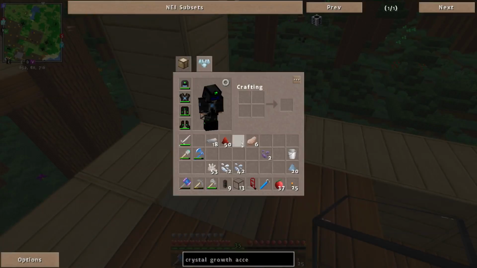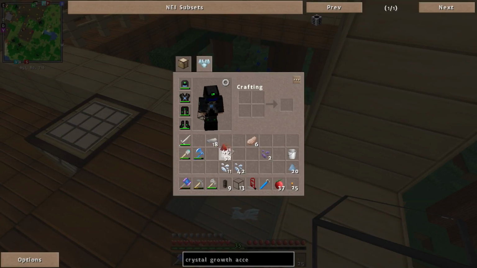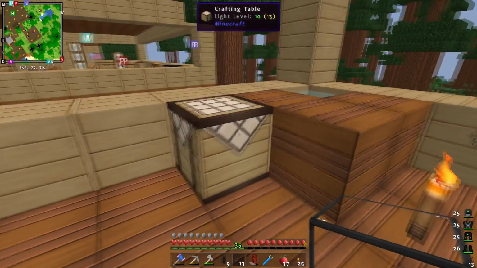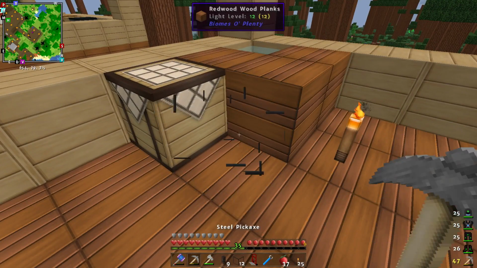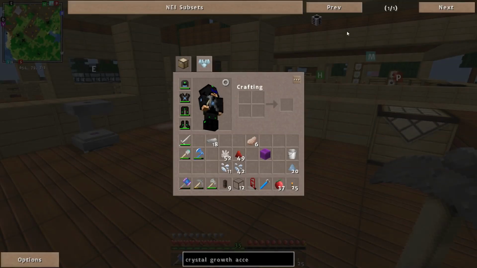So let's make some more. So let's make a charged Certus quartz, redstone, and nether quartz like so. That should make... Oops, daisy. Apparently I missed with the redstone. There we go. Got some more Fluix crystals. Oops, daisy. I've just wasted that glass. That's annoying. So let's make that Fluix block, because what we're going to need is we're going to need these